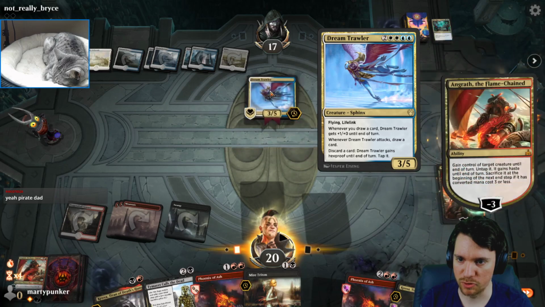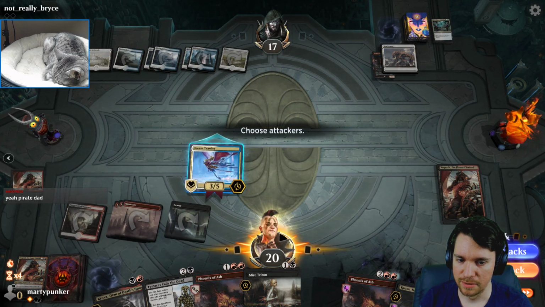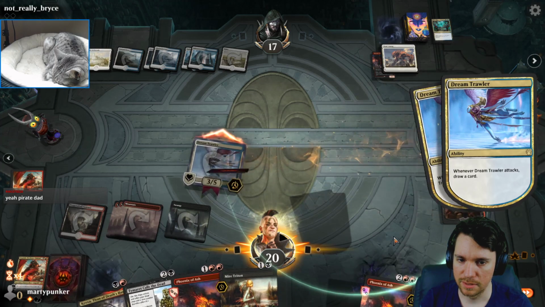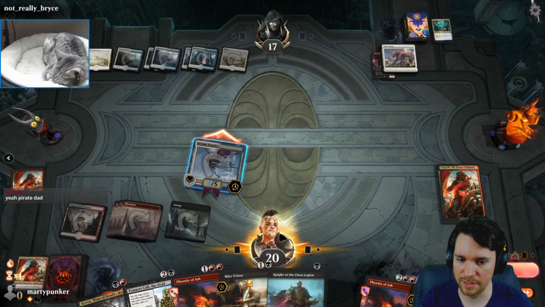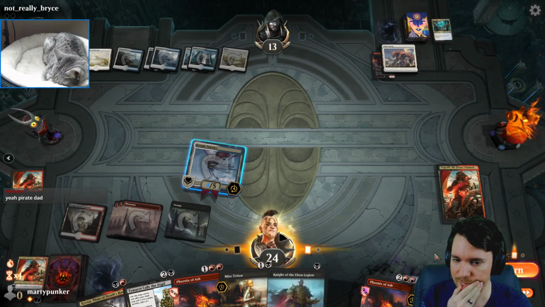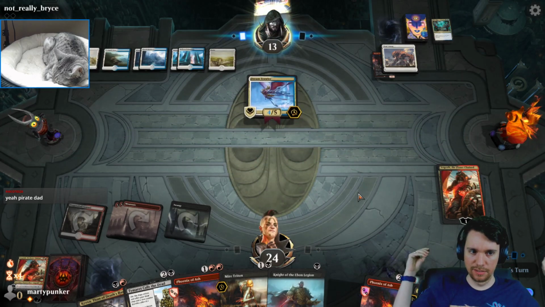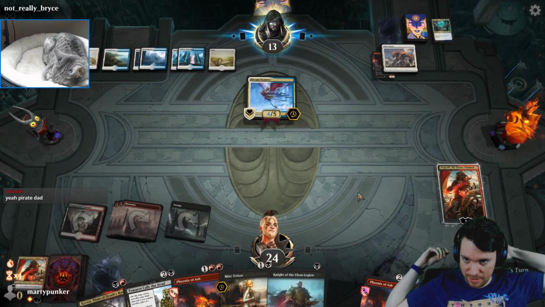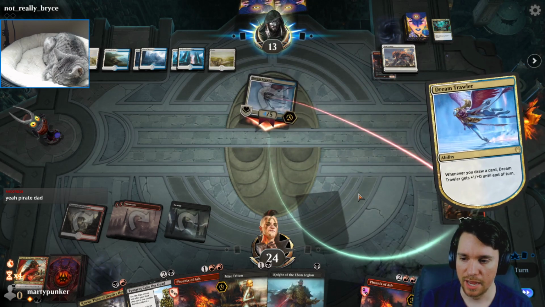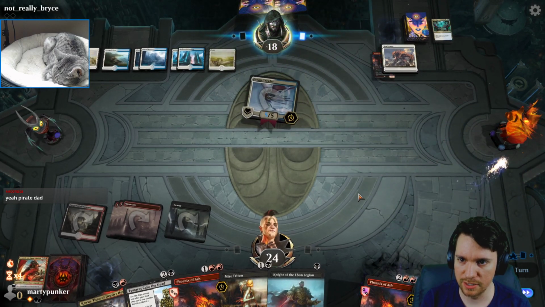Steal their stupid Dream Trawler for a turn. We don't get to sacrifice it, sadly. But we do get to draw a card here, gain some life. All right. Pirate Dad is great. It sucks that we only have 2 black mana, because we would like to draw like a Murderous Rider so we can...